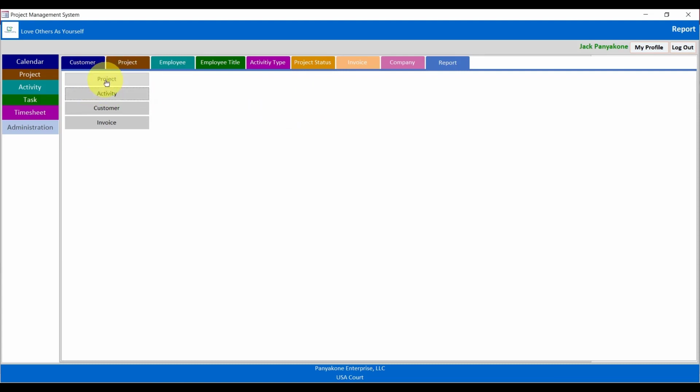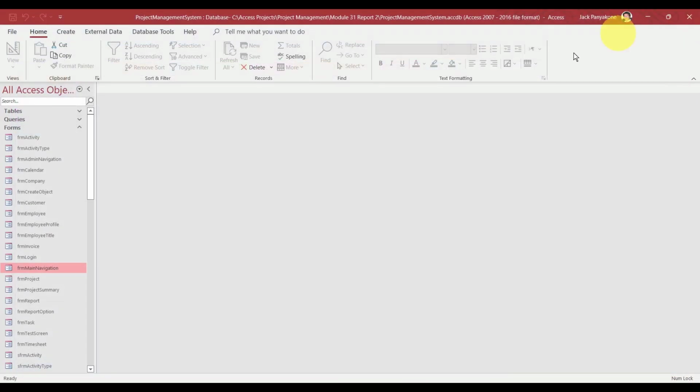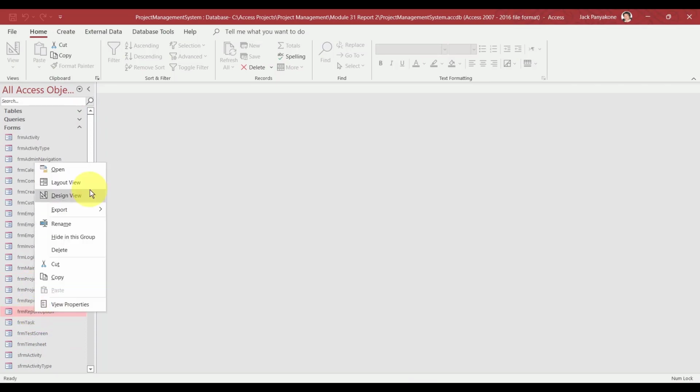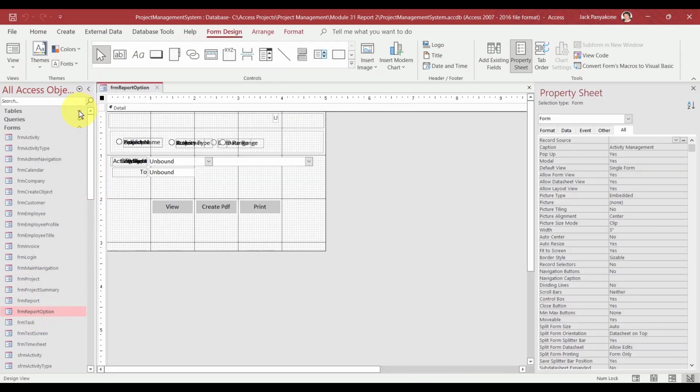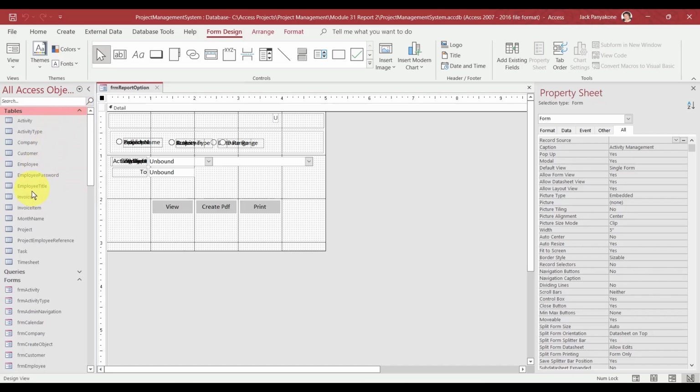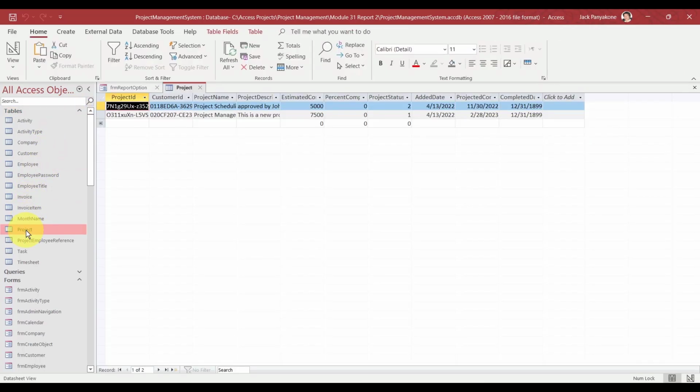Now we need to work on the project. Okay. All right, go ahead and drop that out. Let's look at the report option right here. Project. Let's take a look at the project. So project, we could retrieve the project by customer, or by date range,